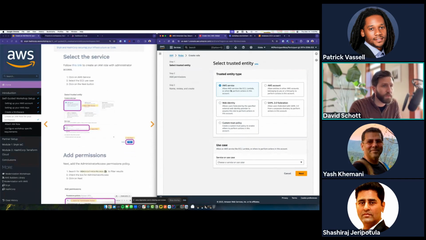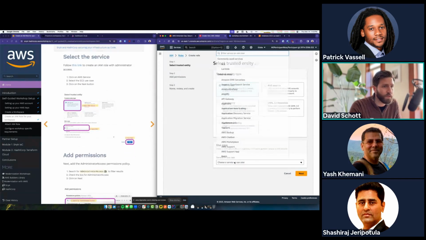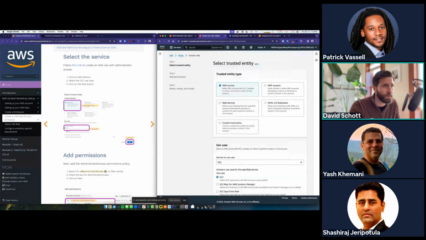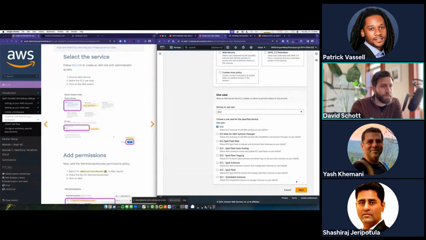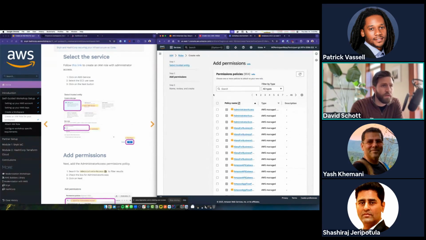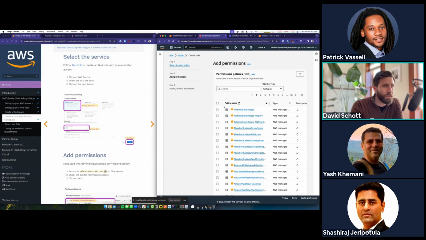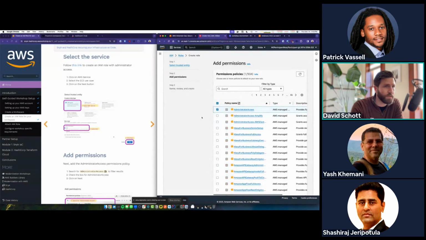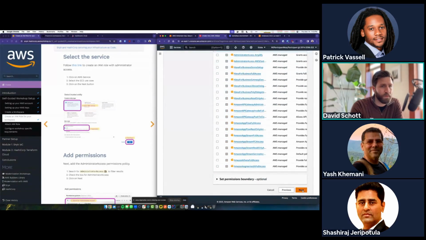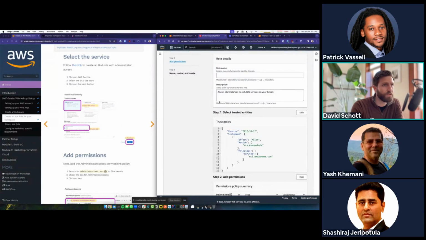And the AWS service is going to be EC2, which is one of the commonly used services. Scroll down here, click next. And just like before, we're going to give this role administrator access so it can have full access to AWS services. And then just basically next, finish along the way.